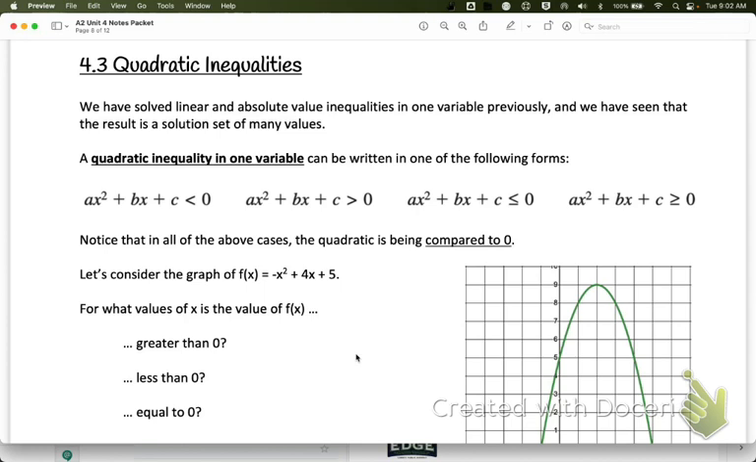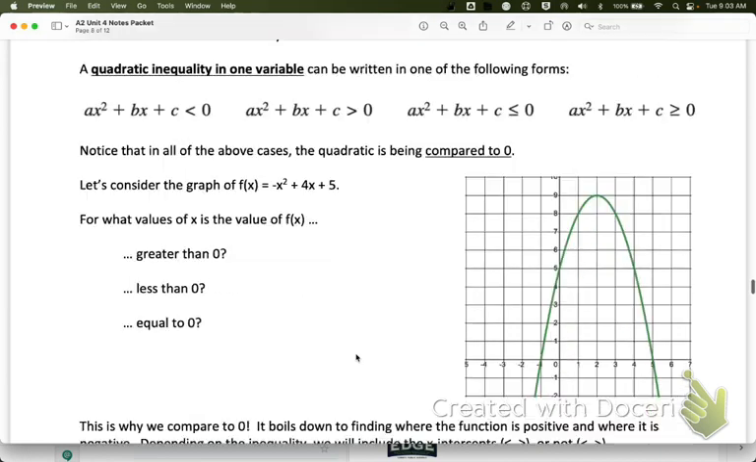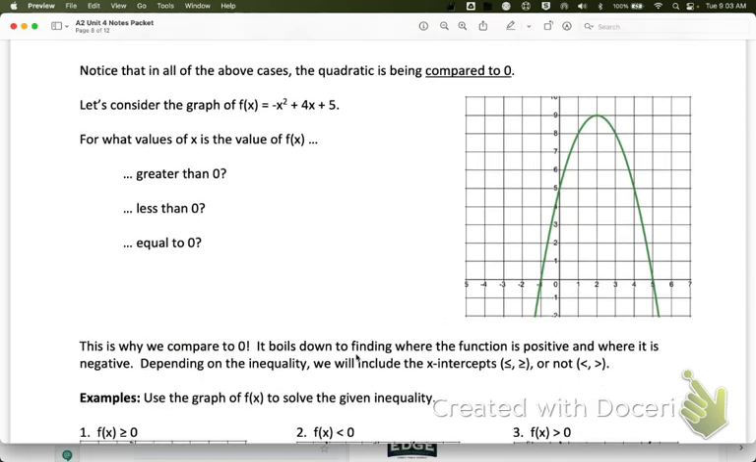And so a quadratic inequality in one variable needs to be written in one of the following forms. Notice that in all of these forms, the quadratic is being compared to 0. The reason why we want to compare to 0 is because if we think of this graphically, if I want to figure out where the graph of f of x is greater than 0, and again, this graph is f of x, greater than 0, if f of x is my y values,